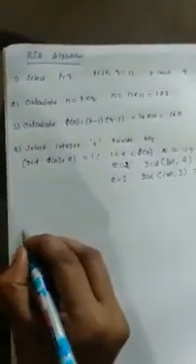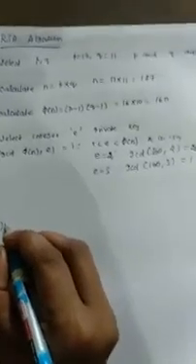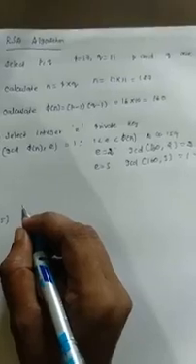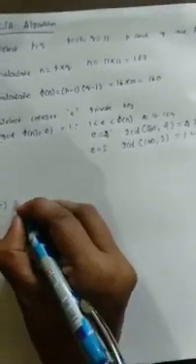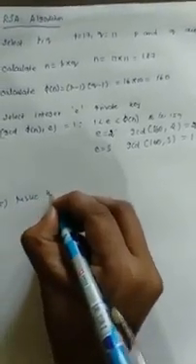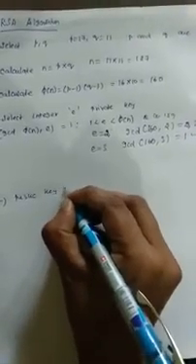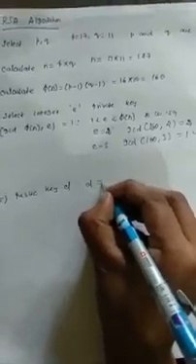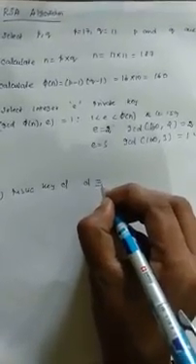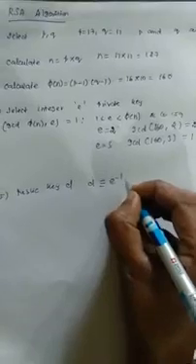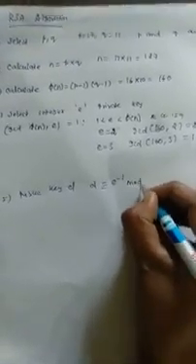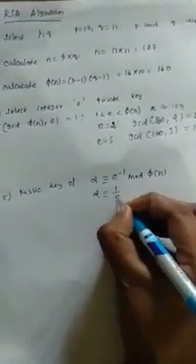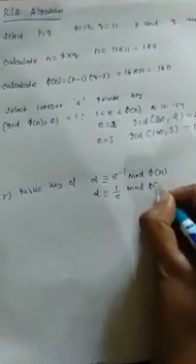Now what is the next step in the RSA algorithm? The next step is to derive the public key D. The condition we use for deriving the public key value is D equivalent to E inverse mod phi of n. This is nothing but D equivalent to 1 by E mod phi of n.